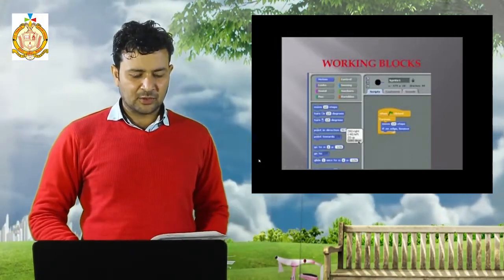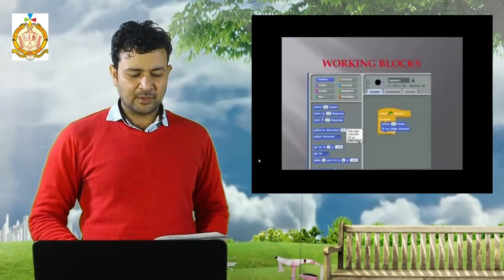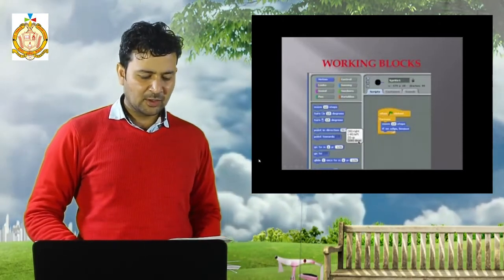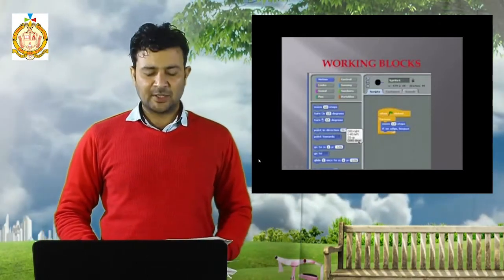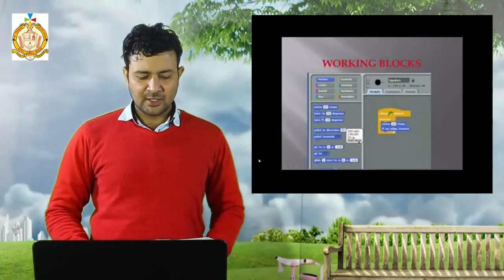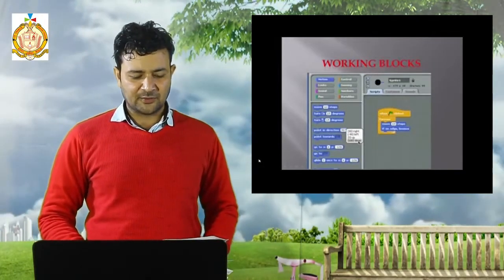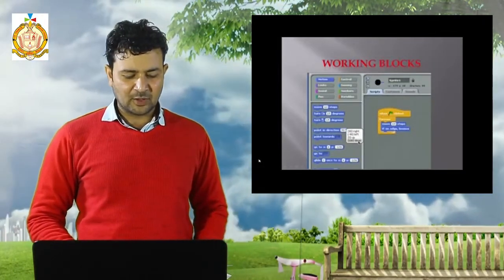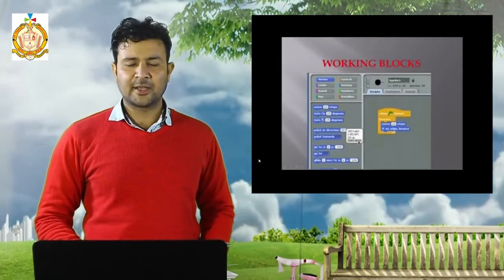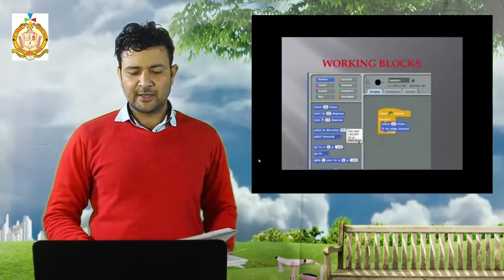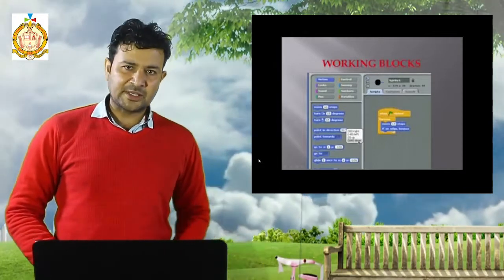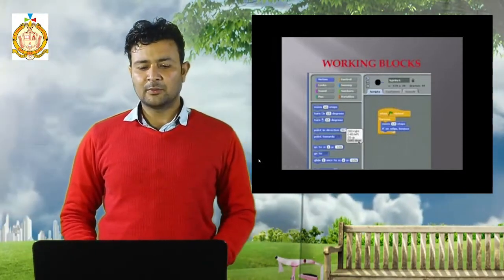With the help of sound block, we were playing them, adding the music. Control block helps control the trigger. Sensing block can be used to determine the location of your mouse. Operating block performs logical operations like comparison, rounding and others. Now with the help of these blocks we'll do work.